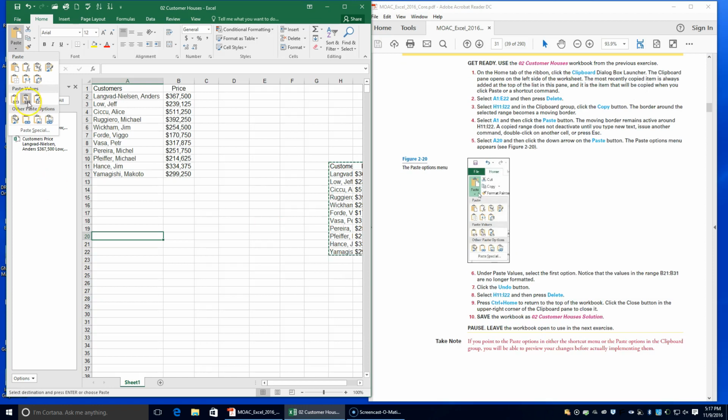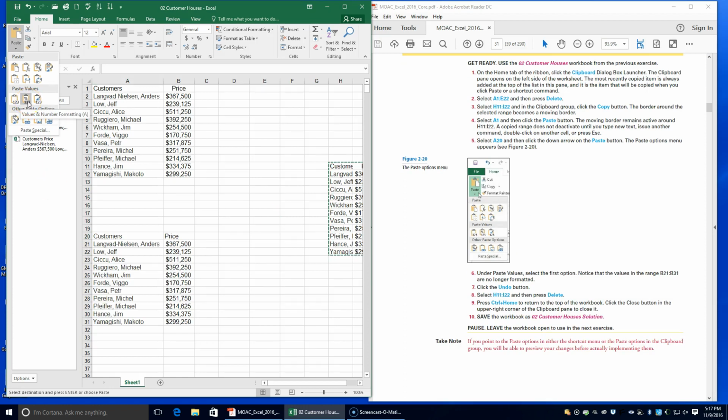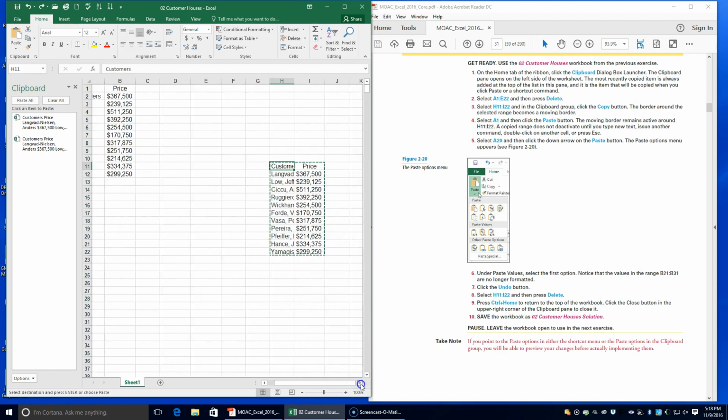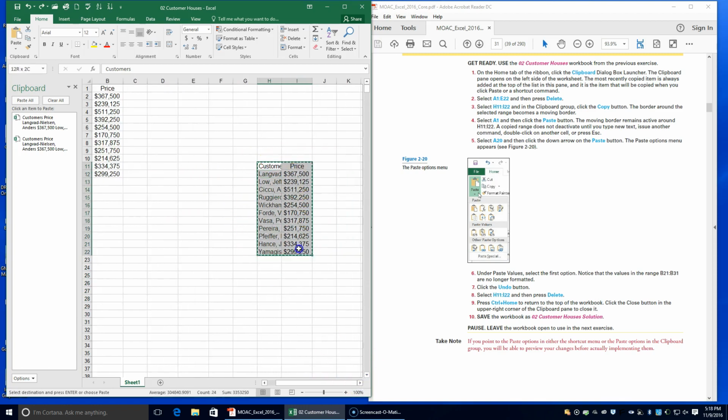Under the paste values, we're going to click the first option, values, and notice that the values in the range B21 through B31 right here are no longer formatted with a $ sign and a comma. It says to click undo, and then we're going to select H11 through I22, and we're